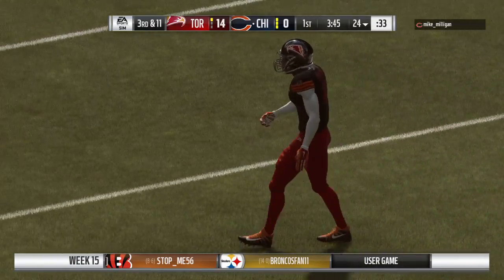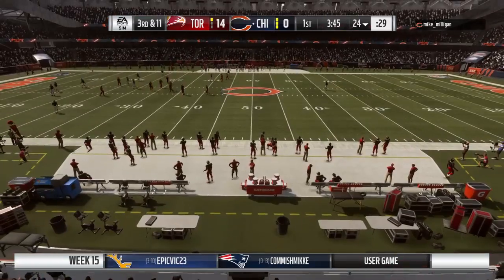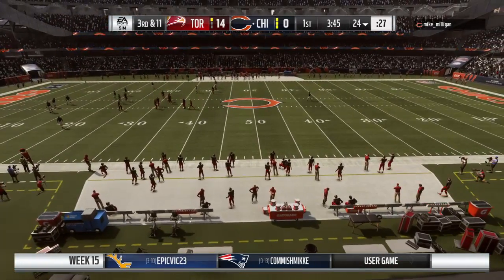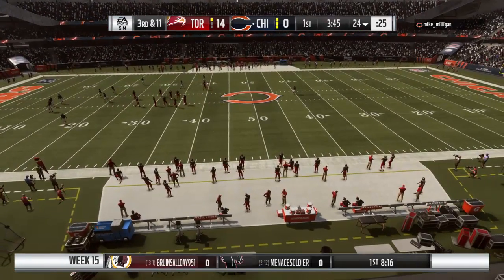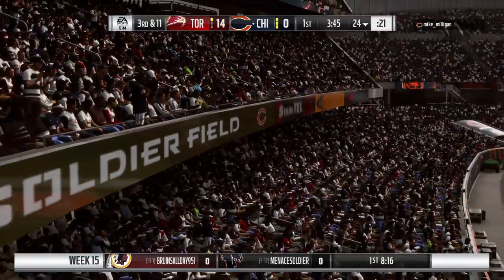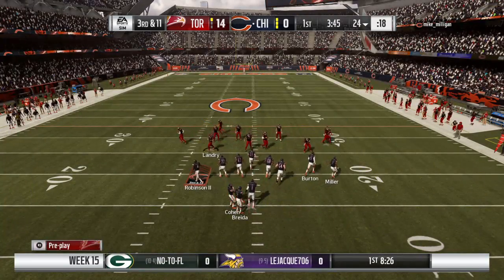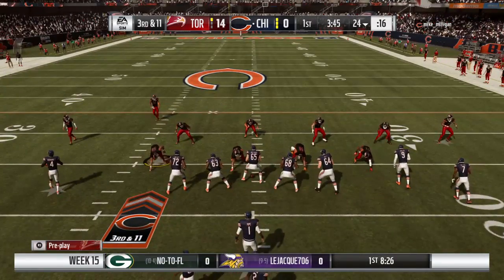What I loved about meeting with these coaches before the game is we didn't even have to ask any questions. They told us that they were going to be aggressive and push the ball downfield. They weren't successful on that play, but look for them to try it again later. An incomplete pass on that last play, and that means they'll need to come up with something here on third